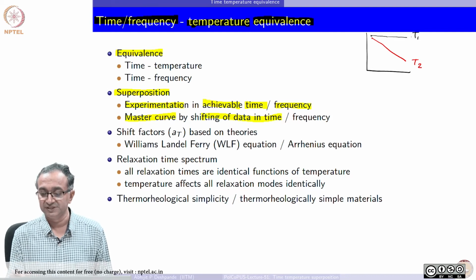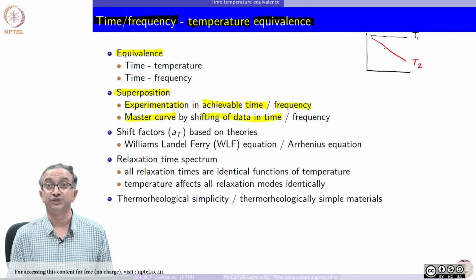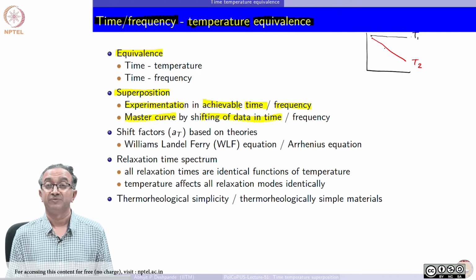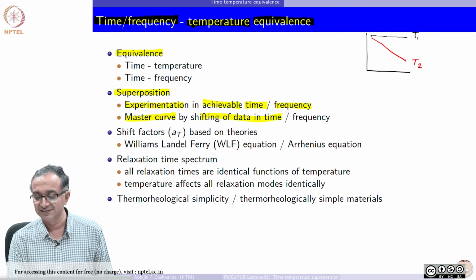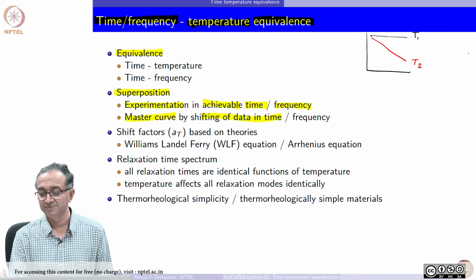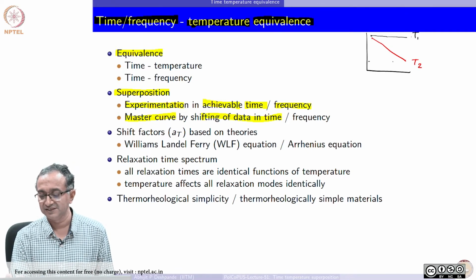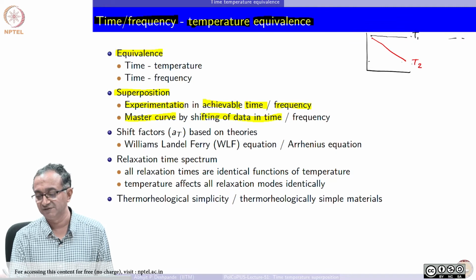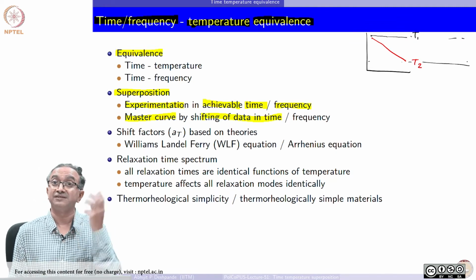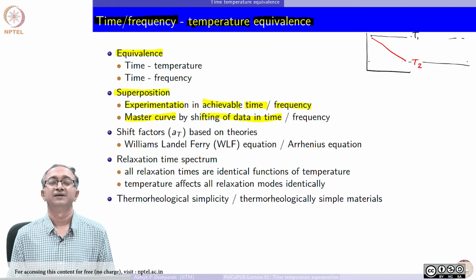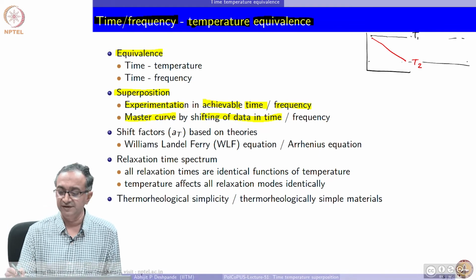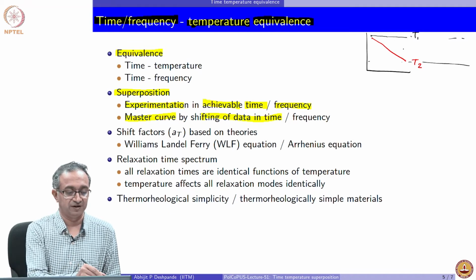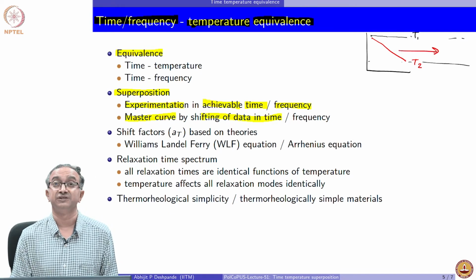So, now the question is, can I do shifting, can I do time temperature superposition? So, what you can clearly see is if I take this T2 data to very high times, basically at very large times this will also decrease and eventually reach this value. So, that is the time I want to know through this time temperature superposition. So, generally we have to shift curves, and in this case this data will have to be shifted.